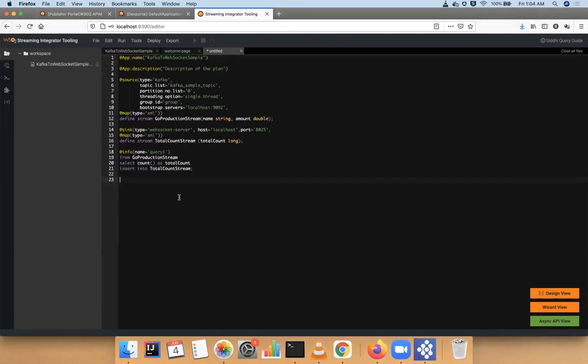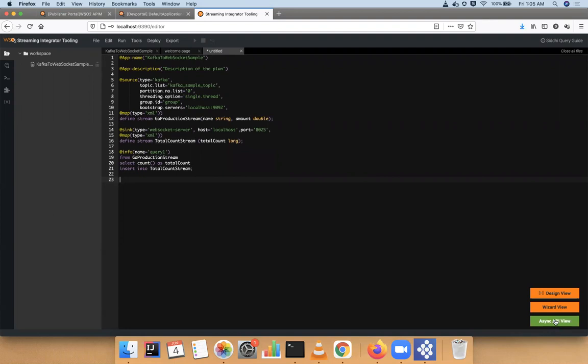I have copied this source. I'm going to paste it here. So this is my configuration. As you can see here, I have provided some information to connect to Kafka. So basically Kafka host, port, and other connection parameters are available here. Then I also provided information about the WebSocket server, localhost, and the running port and stuff like that. So basically it reads events from Kafka and exposes them to outside as a WebSocket. So that's what I'm going to do.